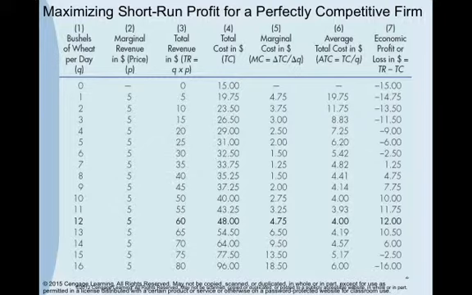Now, if we look at other types of economic organization, like oligopoly or monopoly, which we'll talk about in the future, those companies' production levels actually affect the price in the market. But under perfect competition, we're going to have constant marginal revenue. In this case here, $5 is coming in for each bushel we sell, regardless of the amount of bushels that